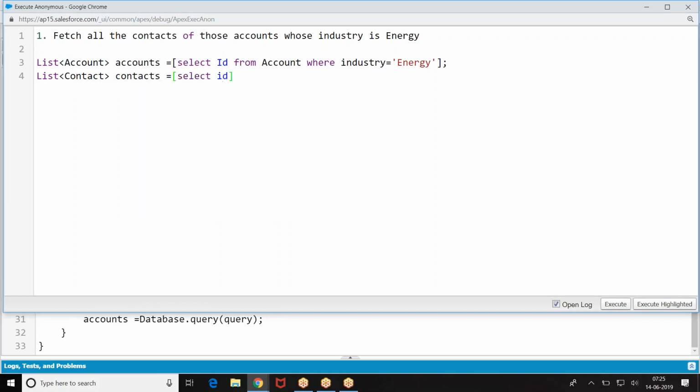Select from Contact where AccountId in that list of accounts. If the ID of the account is in that list, then whenever two objects are connected by a lookup relation